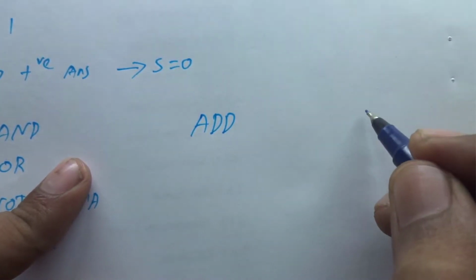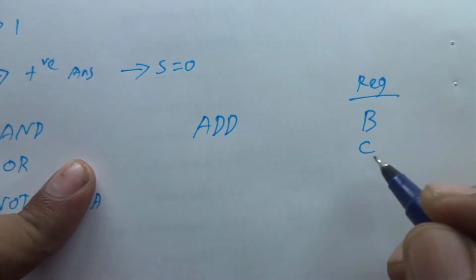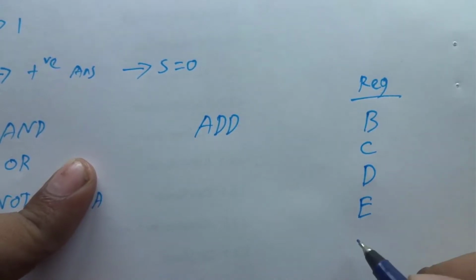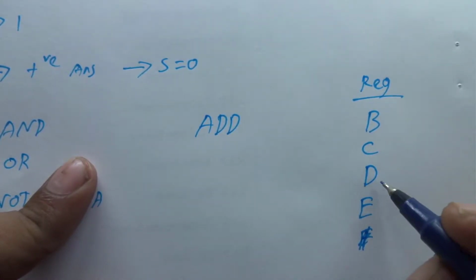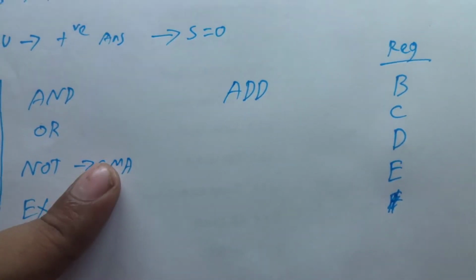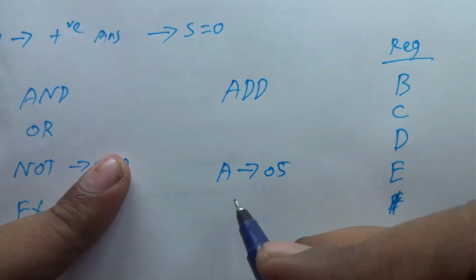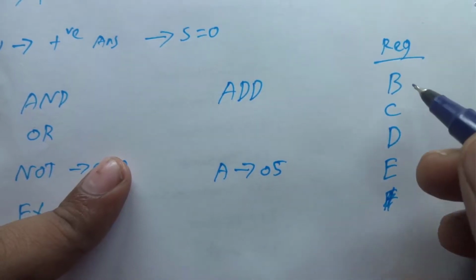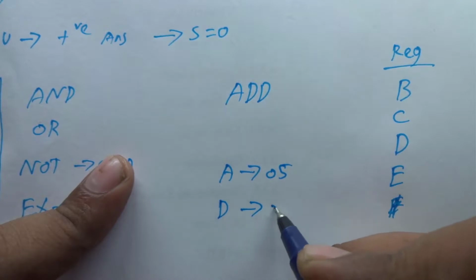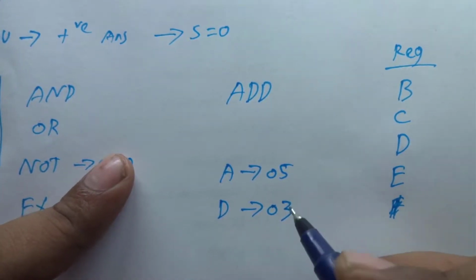You have registers: B register, C register, D register, and E register. Now I am loading accumulator with 05. Then I can use any one of the registers. I am using the D register and loading 03. Now the instruction to add these two numbers is